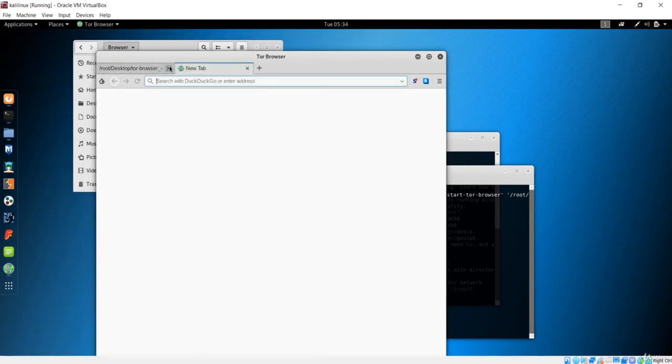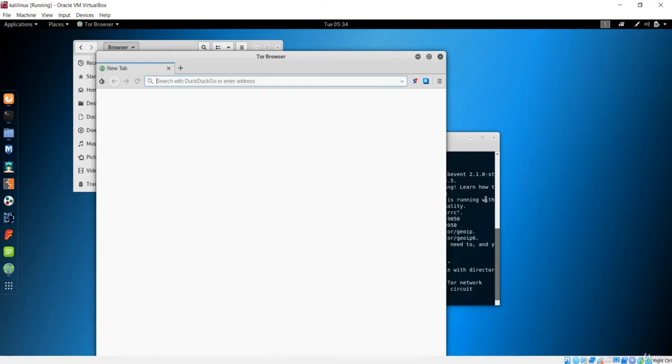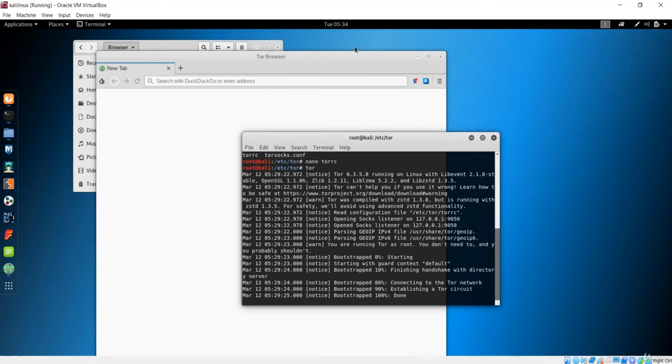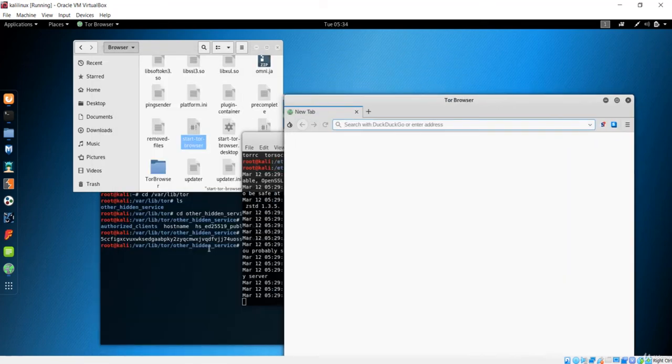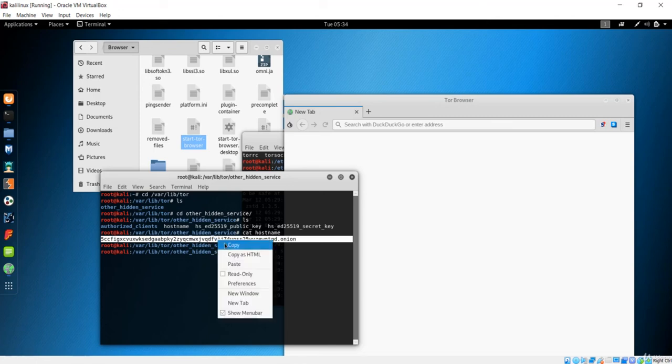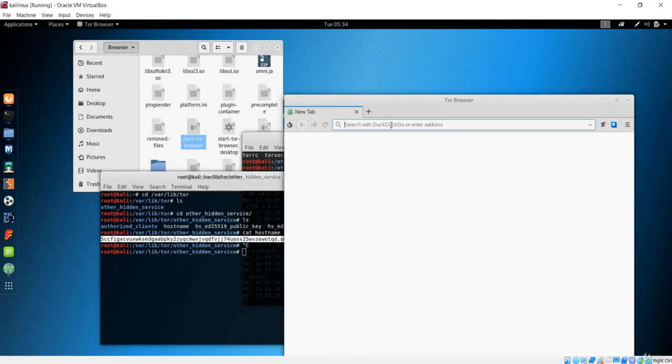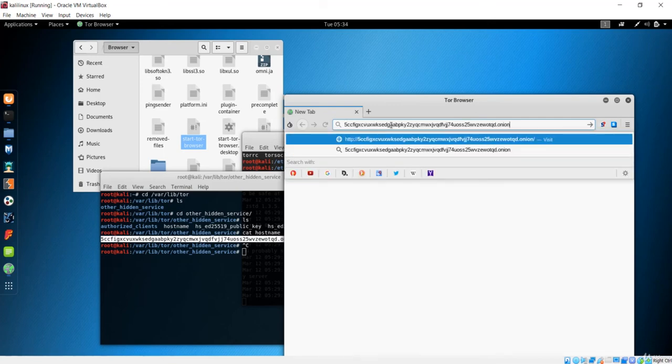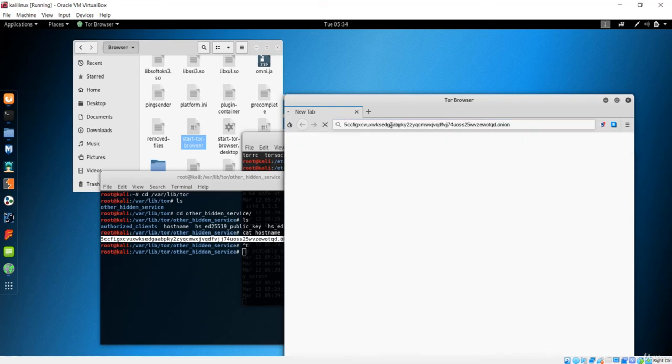So now what you can do is simply paste our onion link. Let me see where we have that onion link. It was right here from the hidden services. Let me just grab this, copy this first. Let me copy again, and let's go to our Tor browser, and let me paste it down here. Let me hit enter,